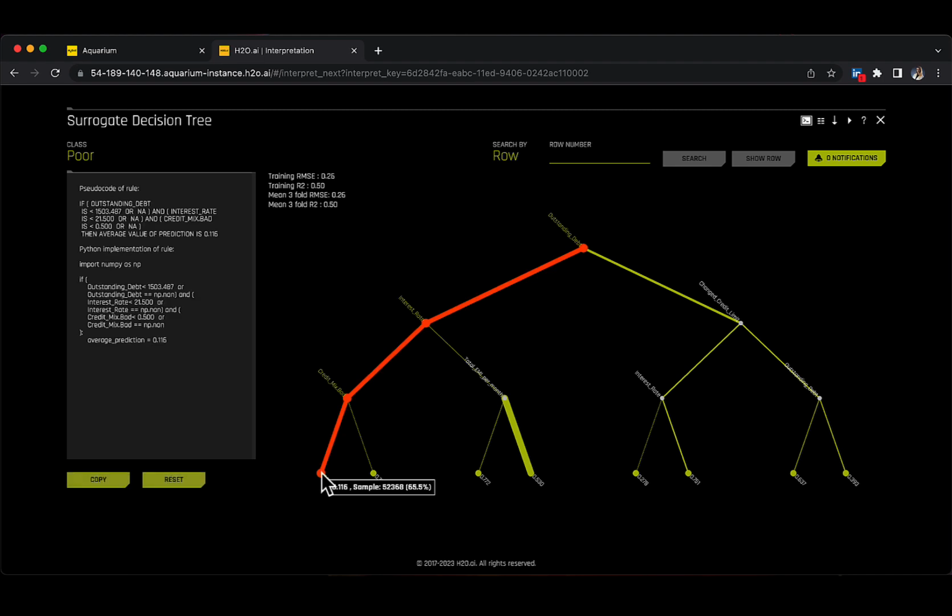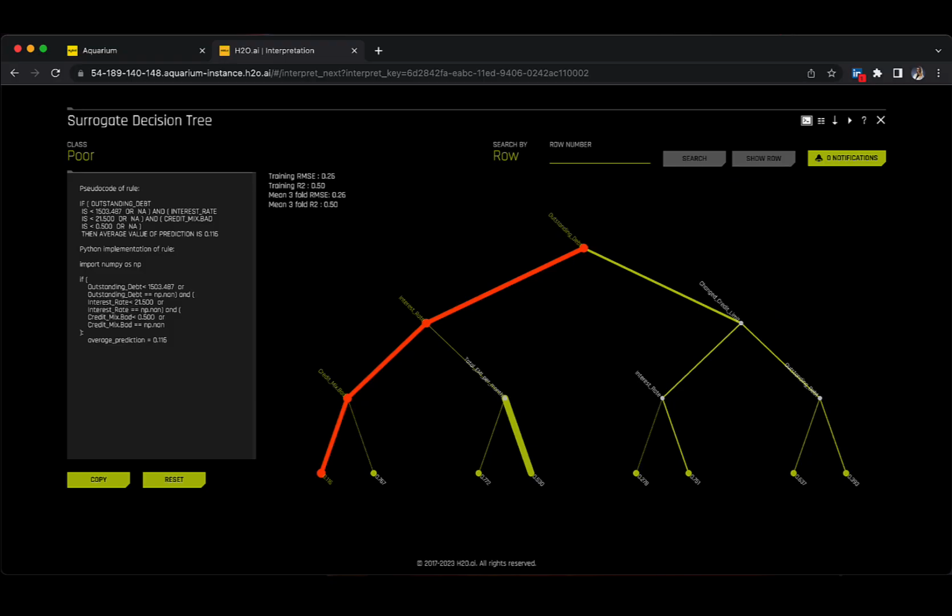So, in this graph, we can observe that the most common decision path for the credit score dataset is the red one that I just selected by clicking the final leaf of the most left side value in the decision tree. Once I select a leaf, we can observe the definition of the segment in the form of a pseudocode and a Python code, both appearing on the left side of the screen. This is the same code that you can download in both formats, pseudocode and Python, directly from the Surrogate Models